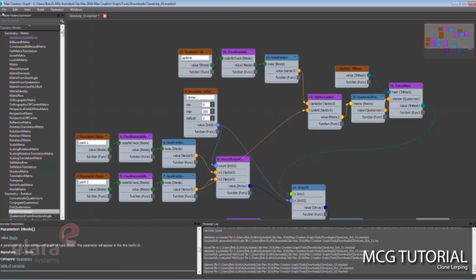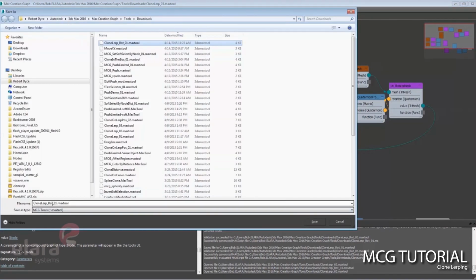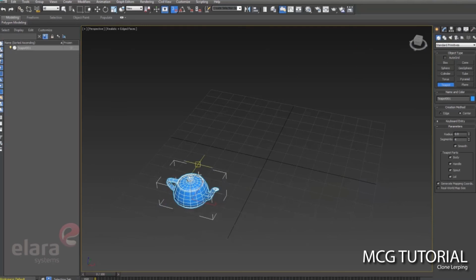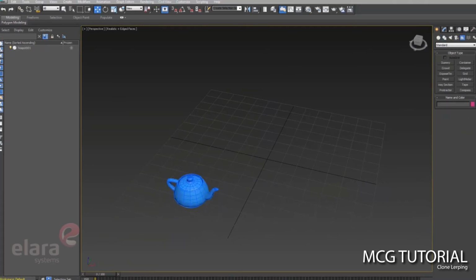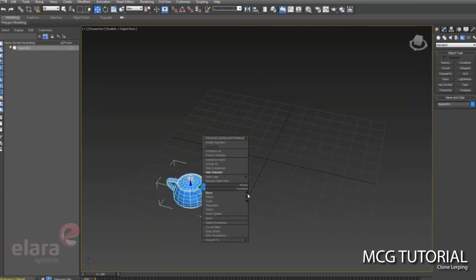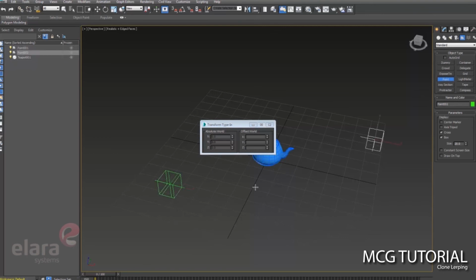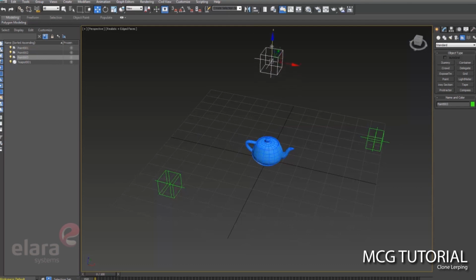And let's check that out. So we'll do a save as. We'll call that tool clone on lerp rot for a rotation. Save that guy, evaluate it, and let's look at Max here. Okay, so back in the viewport, we need a teapot here. I'll move that to 0. We also need some nodes. We need kind of a point 1, a point 2, and this third, what we'll call up node. Move that up a little bit.